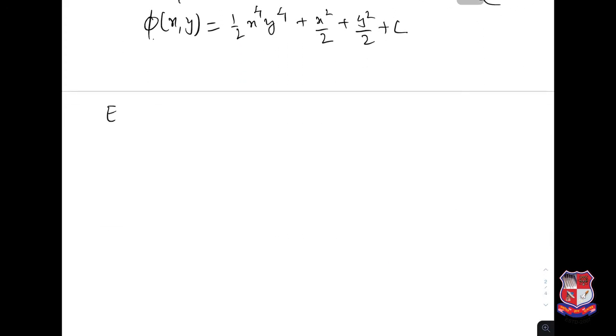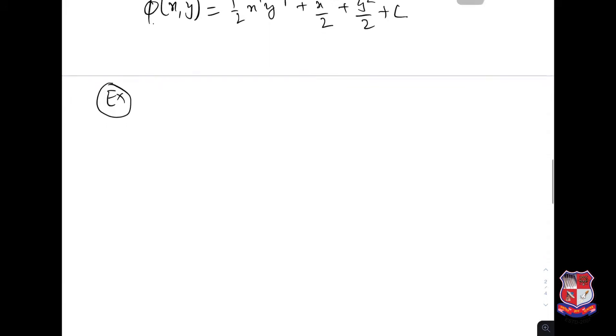Okay, let us take one more example. Let us take an example which was asked in the past paper. It was asked in summer 19, and that's of 7 marks. And it says like this: